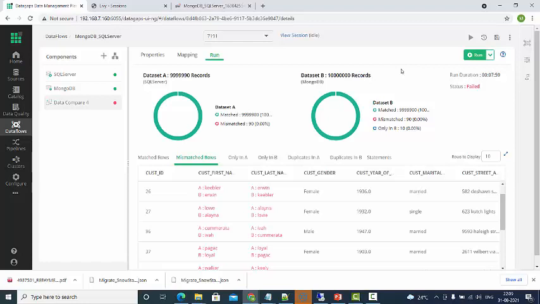So this is to let you know the capability of DataOps suite, wherein we can use the clusters. In this case, specifically, we are using an AWS EMR cluster, which is 2 nodes of 8 core, and we are comparing these 2 datasets. All these resultant datasets can be written to any of the targets. When I say target, it could be a file or it could be a JDBC data source. We can write these datasets also using the sink components available within the tool.